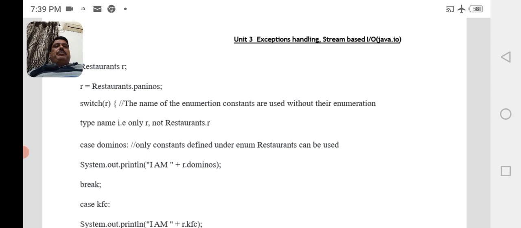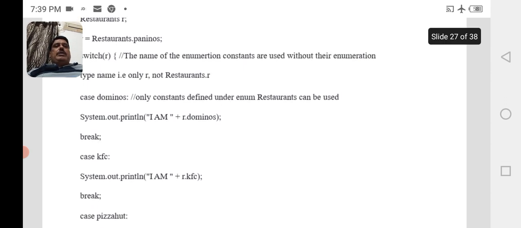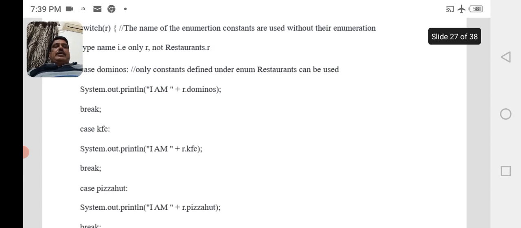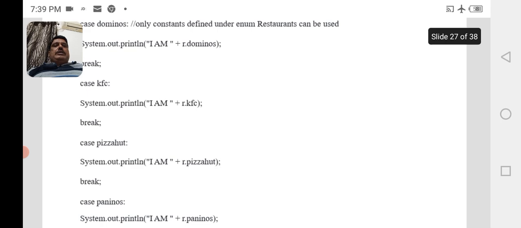System.out.println I am plus R.Domino's. Break. Case KFC: system.out.println I am plus R.KFC. Break. Case Pizza Hut: system.out.println I am plus R.Pizza Hut. Break.